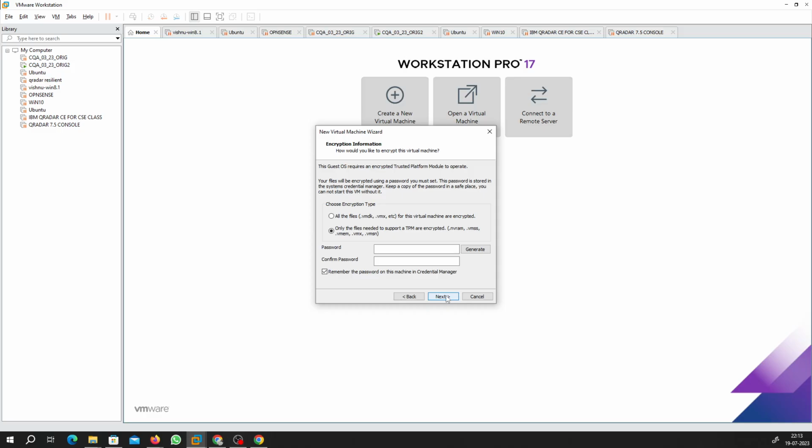So it is asking to choose encryption type and password and all. Just give one password to this, because this is the first thing that you have to understand: this is considered as a TPM. This is known as trusted platform module. This is the first time introducing the TPM capability in Windows. So if you have that feature, so in my case,